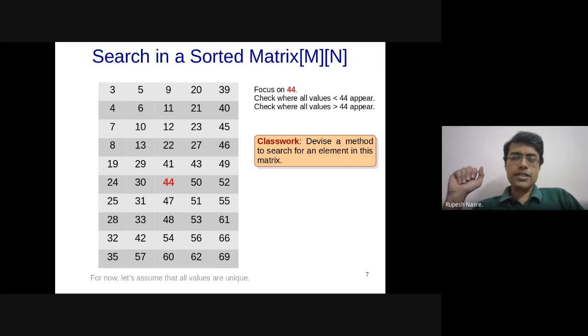Quadrant, does that include the axis also? That's a good point. As far as the axis is concerned, we are very sure because the values above and left of that number are going to be smaller, assuming all values are unique, and right and below are going to be larger. So if you are searching for a value which is greater, then the axis to the right should also be included. If you are looking for a value smaller, then the axis above as well as left should also be included. Correct.